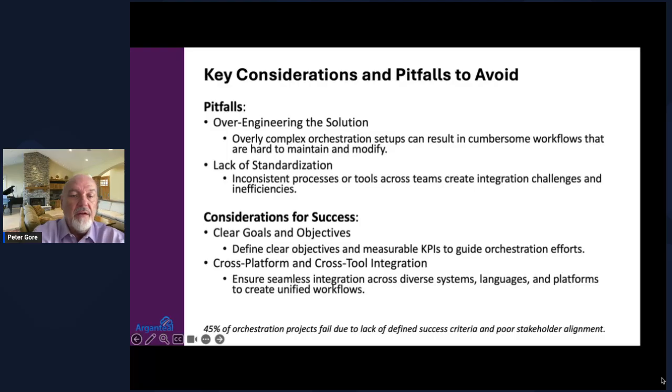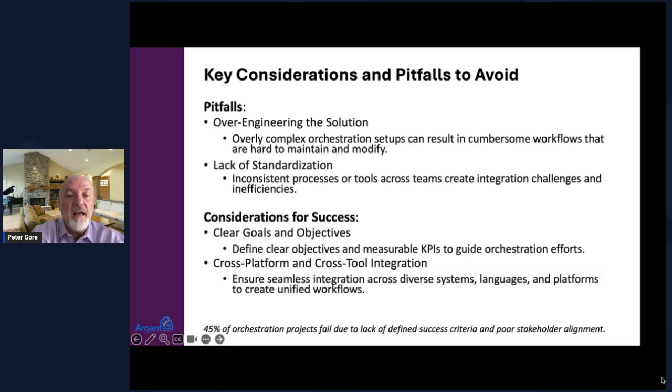So what do I do here? So I need to, again, set the clear goals and objectives, which we set in the previous slides, right? We set the vision, we set the objectives, we set the strategy, and then we came up with how to do it. Make sure that we're talking across verticals so that we're able to talk cross-platform and cross-tool, right? Make sure that as we're dividing and defining that platform that we looked at earlier from a framework perspective, we're able to look at the different diverse systems, the languages, the platforms that we have inside of our environment today, and create those workflows that everybody can look at, everybody can support, and that they have access to.